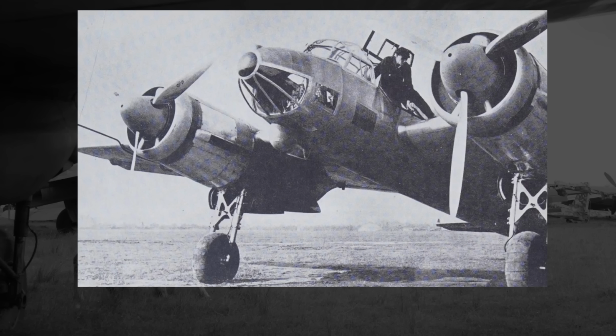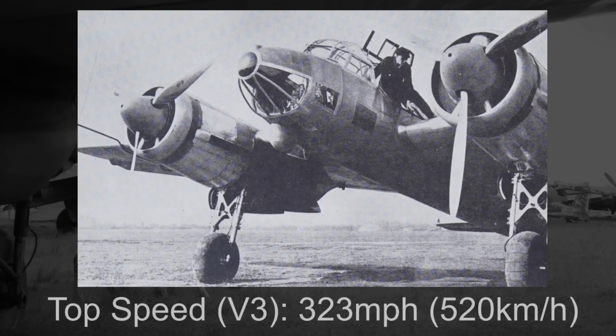The V2 and V3 would take to the air a few months later, and the V3, first flown in September 1937, and outfitted with the UMO 211 engines with around 1,000 horsepower, stood out with its significant boost in speed, and it would achieve a top speed upwards of 323 miles an hour, a speed that was absolutely remarkable for a plane its size. Because of this, the German government decided to put one of the prototypes aside for a